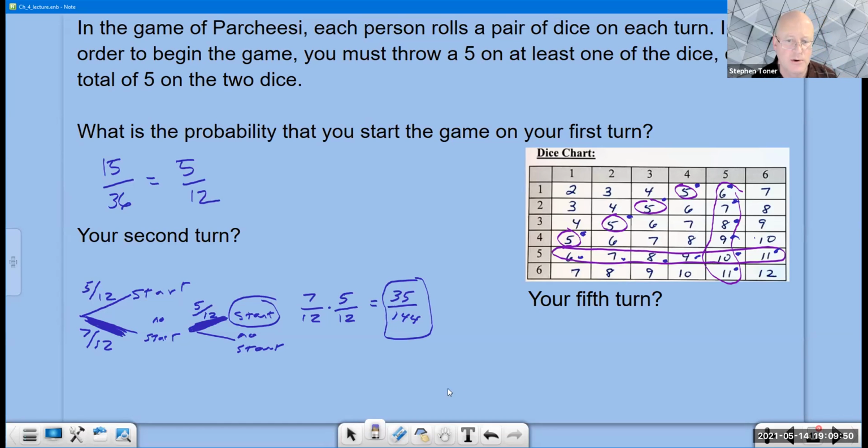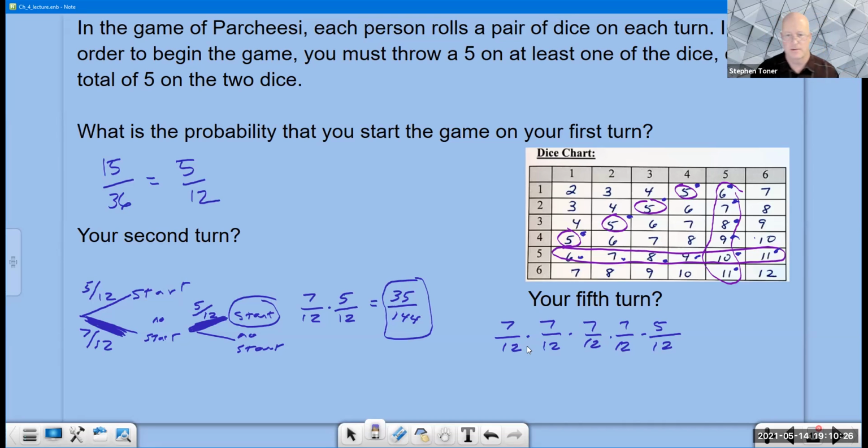Now, I don't have it in your notes, but I added on an extra part here because sometimes I believe we learn by exaggeration. If I wanted to find the probability we started on this 5th turn, that means you're going to have to go through 4 failures in a row, each with a probability of 7 over 12. And then it will be on the 5th turn that you will have 5 out of 12 chances to win. And so we'd have all these fractions to multiply together to find the probability that you would start on the